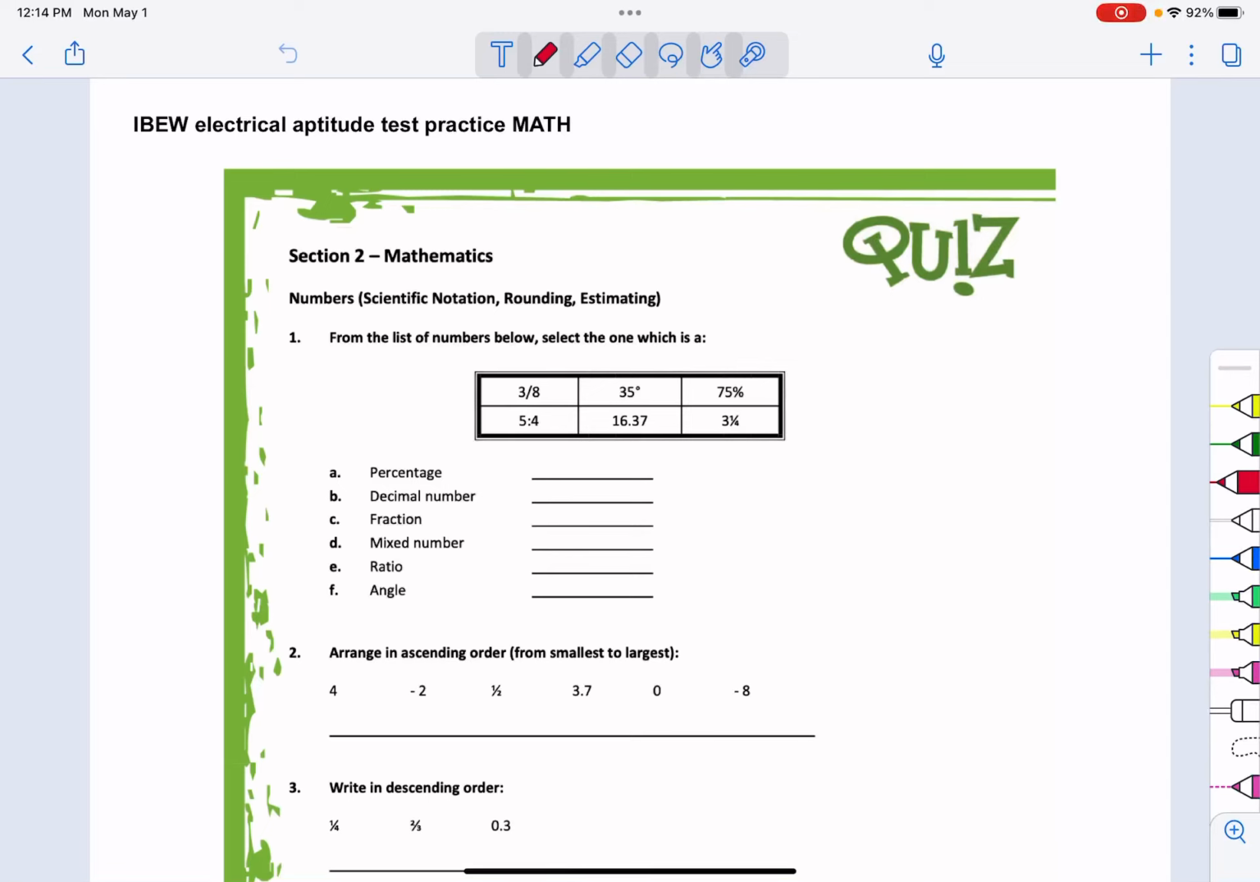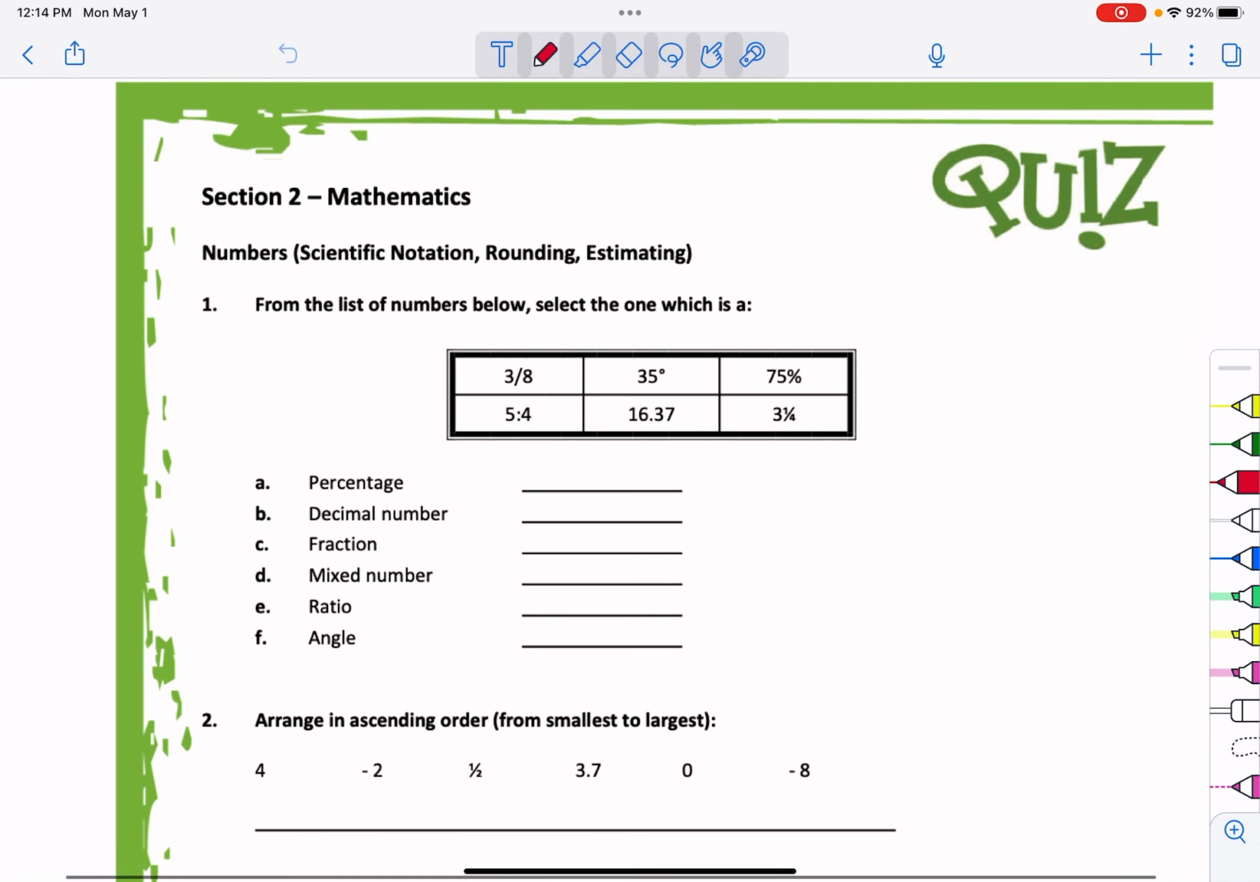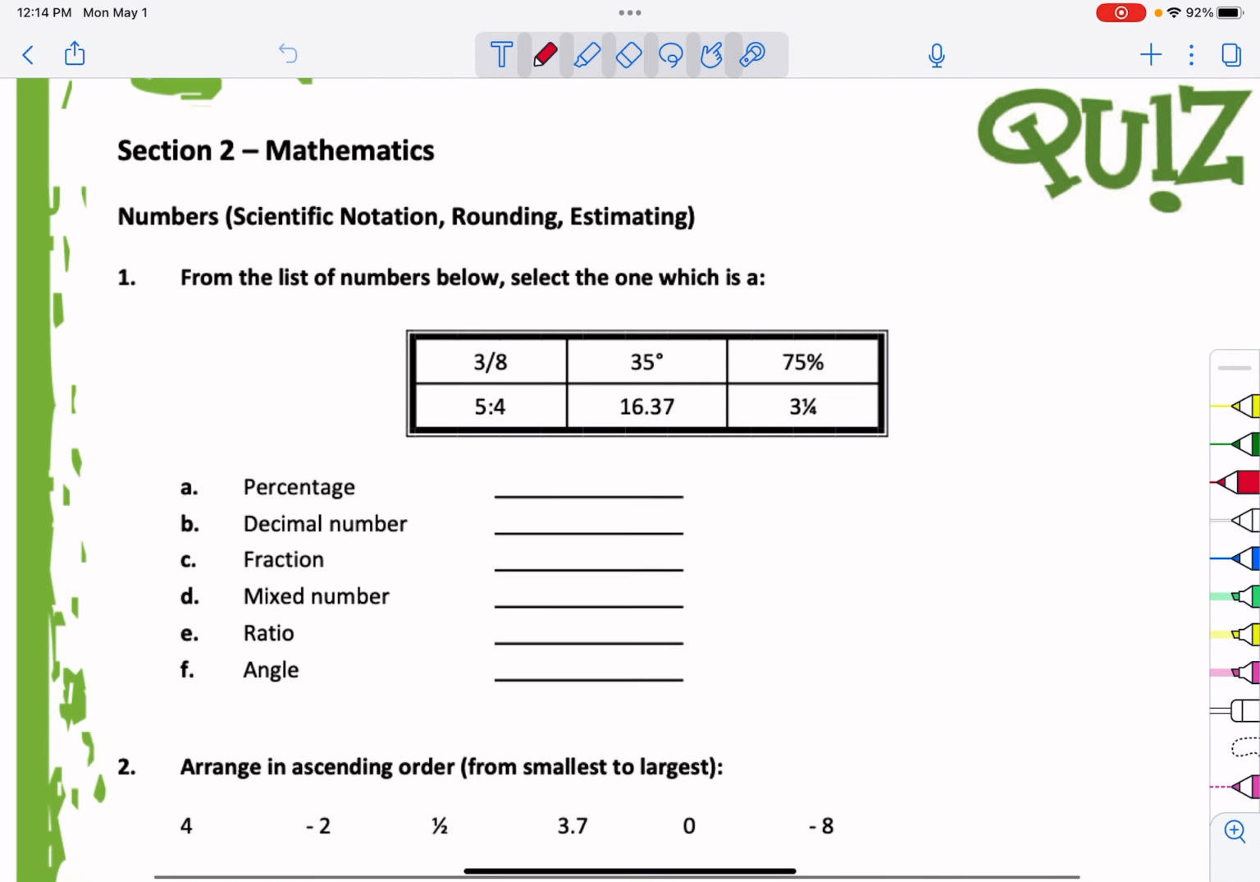In this video, we are going to continue to look at some items that could occur on an electrical apprenticeship or aptitude test. We're going to explore some number sense, things like scientific notation, rounding, and estimating. So first off, it says, from the list of numbers below, select the one which is a percentage,